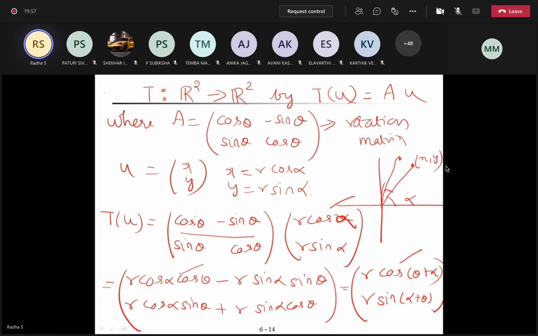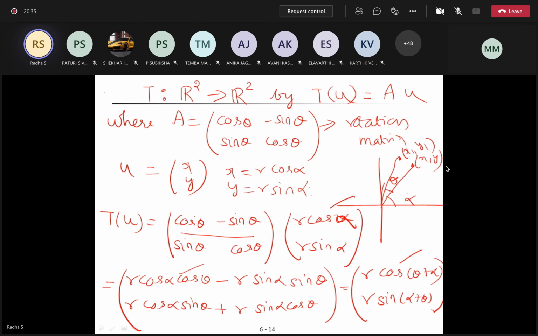It has gone somewhere here. It is rotated through an angle theta, right? You can't write the same x comma y. If you want, you can use some other name, x1 y1. The vector has changed now. Its magnitude is not changed. Only the angle, the line joining the origin and the vector, makes an extra angle now. Initially it was making alpha, now it's making theta plus alpha with the x-axis. So that means it is rotated through an angle theta.